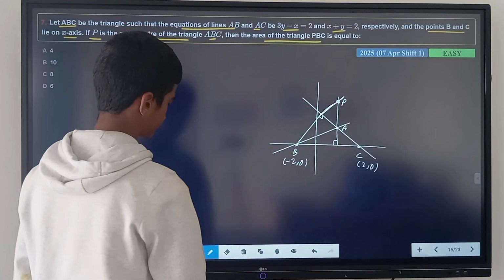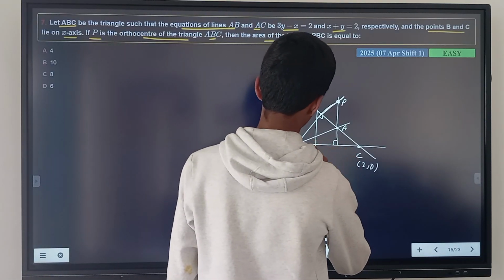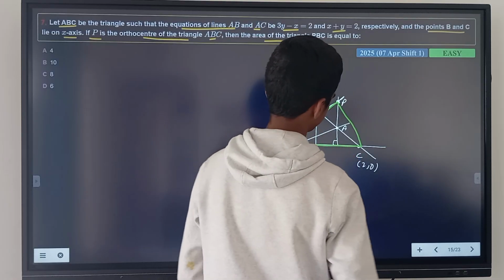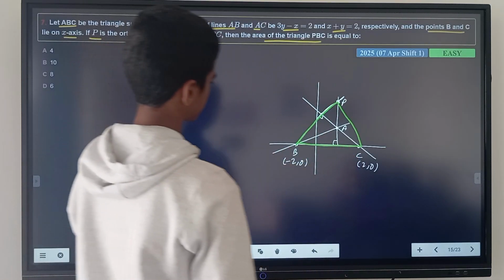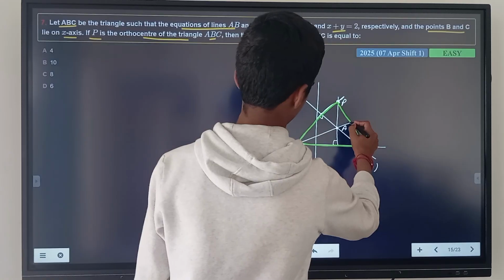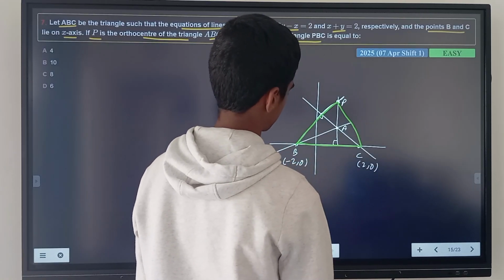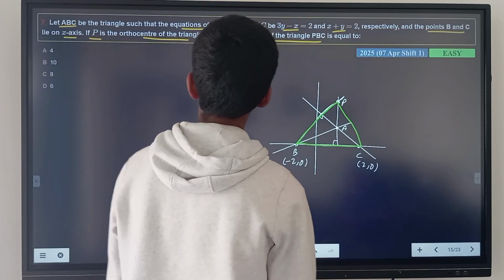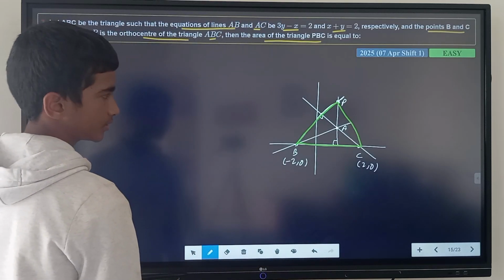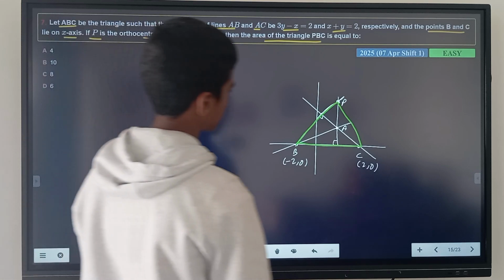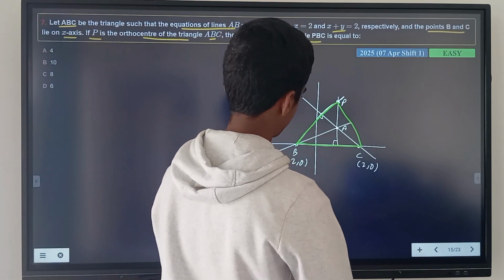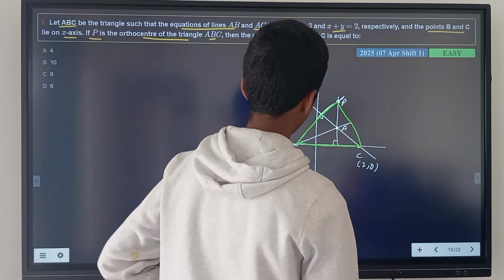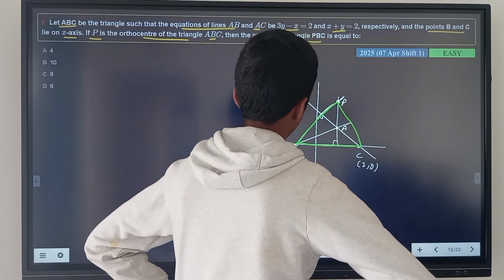So our triangle is PBC. Now here we have P, B, and C. Now we need to find the point P. To find point P first,